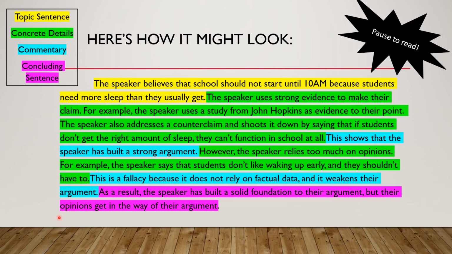Here is an example paragraph that might look similar to yours. I'm not going to read it to you, but you can pause this recording and you can read it yourself. What I want to point out to you is the color coding here. So here I have a topic sentence right here. You can go ahead and pause the recording and read that. I have a concrete detail right here in green. I actually have 2 concrete details here where I talk about what evidence the speaker uses and how the speech was effective. And I have another concrete detail here that talks about how the speech was not effective.